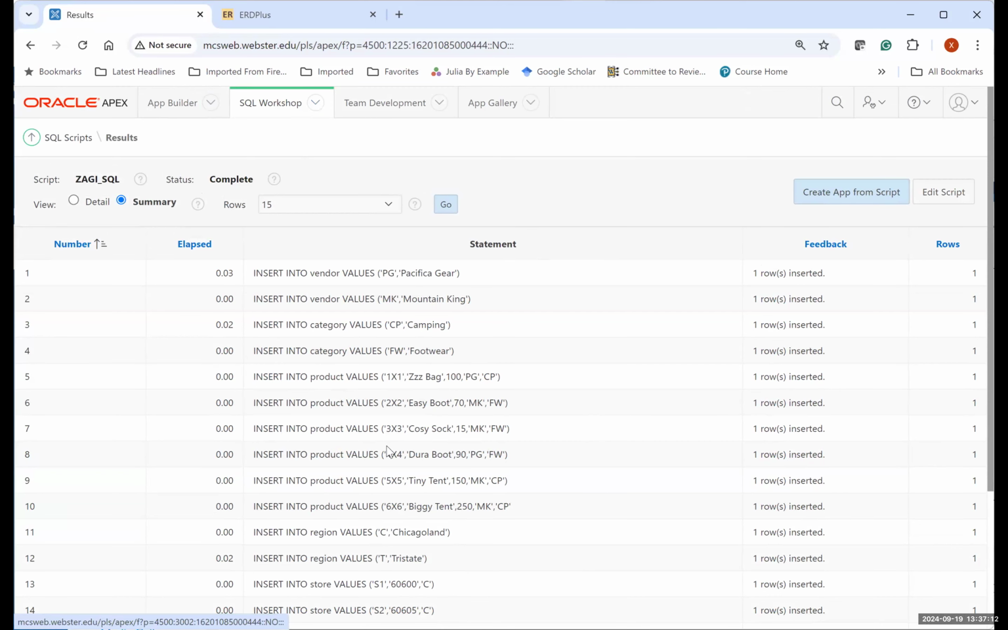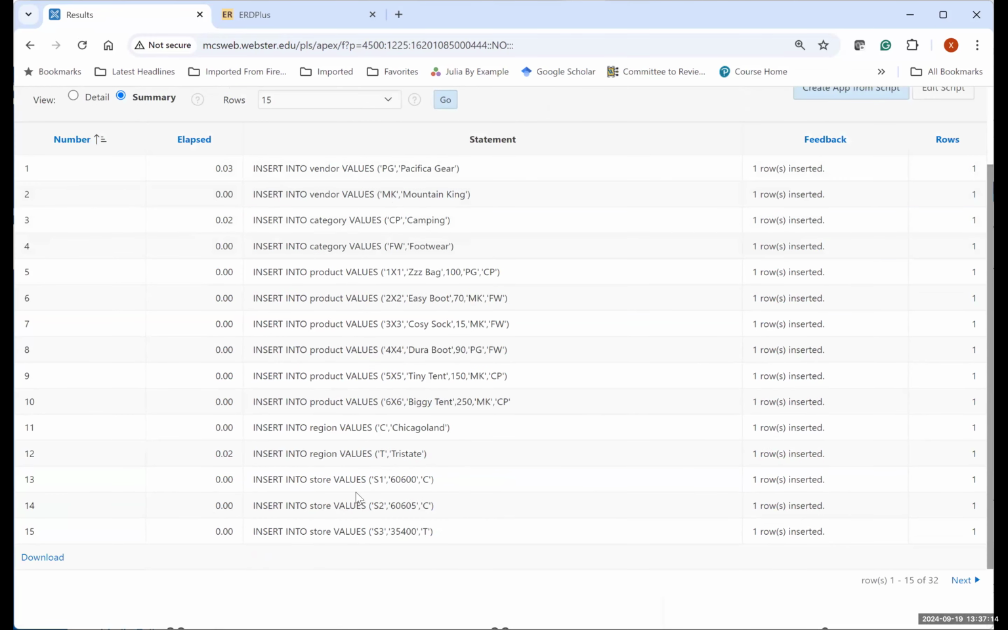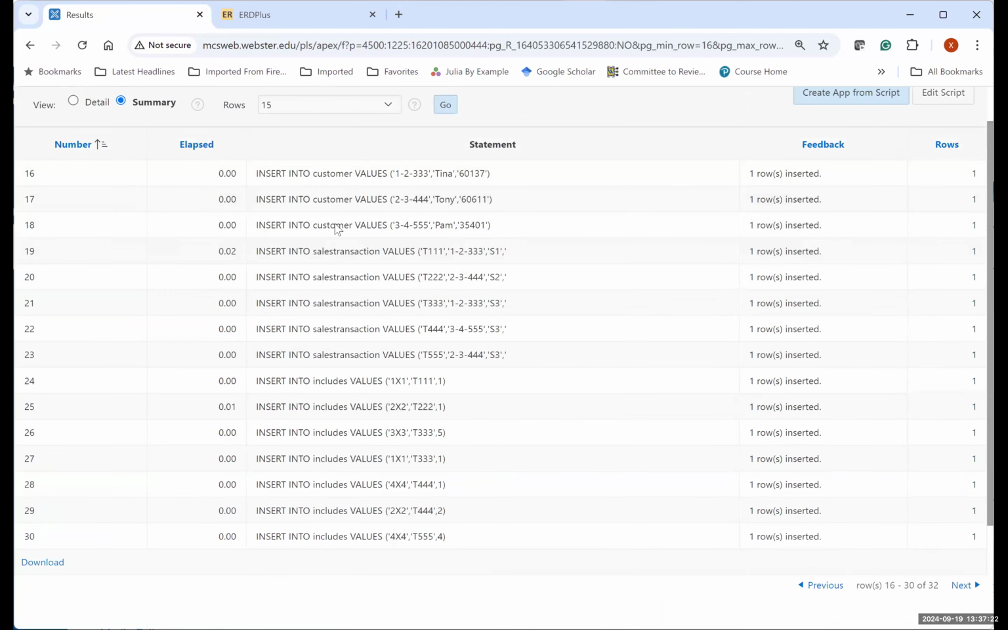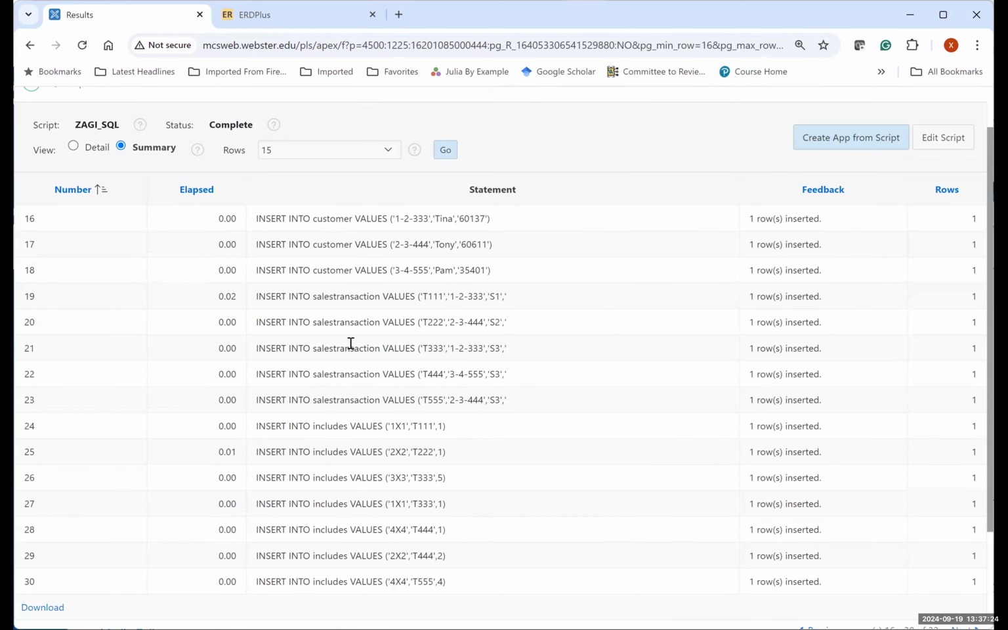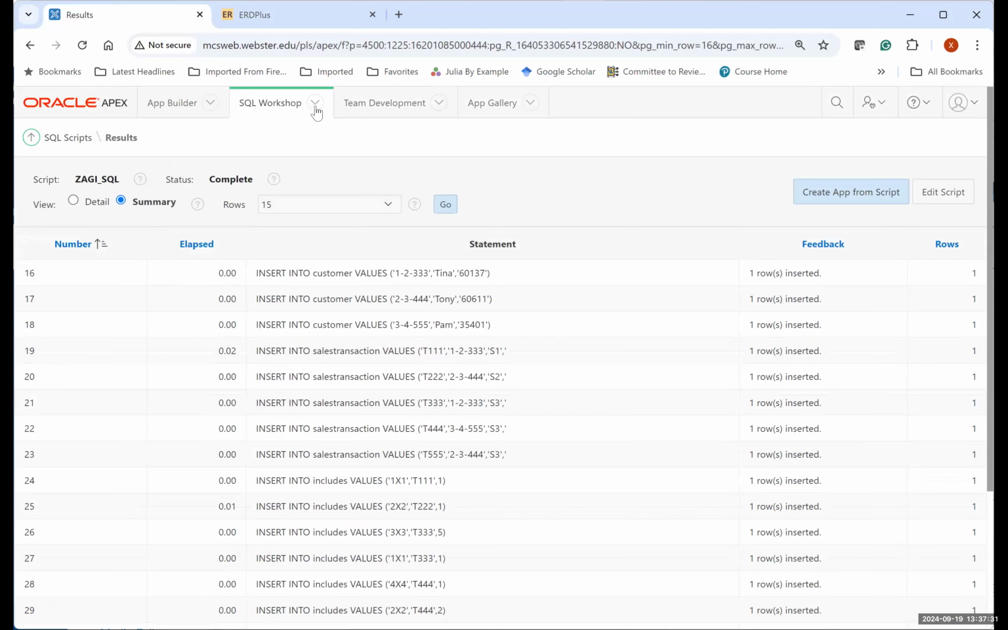Okay. So this one here, as you can see, if you read from it, you're inserting to store, you're inserting to category, you're inserting to vendor, right? If you go on to next, you're also inserting values into sales transactions, customers, and also includes, right? Double check on all the tables and you can go back to the object browser one more